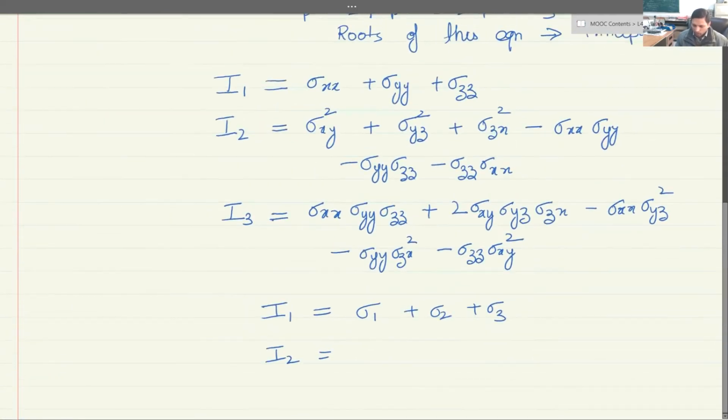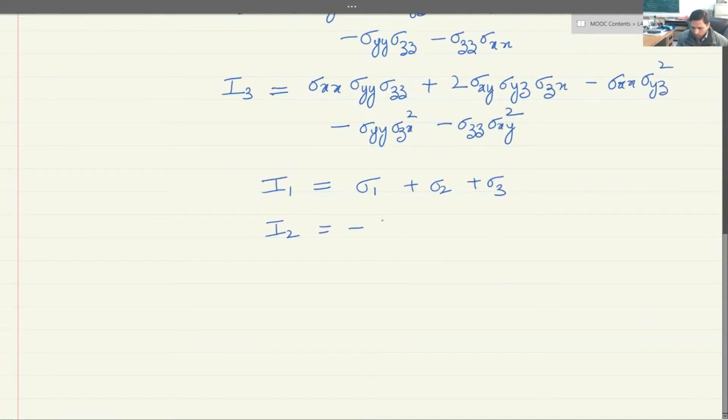I2, now here you can go back and see that in the principal plane orientation, there will be no shear stresses. So these three would be 0. And what you will have is only these terms. So this becomes 1,1, 2,2 and 3,3 and 1,1, and therefore this becomes sigma 1 sigma 2,